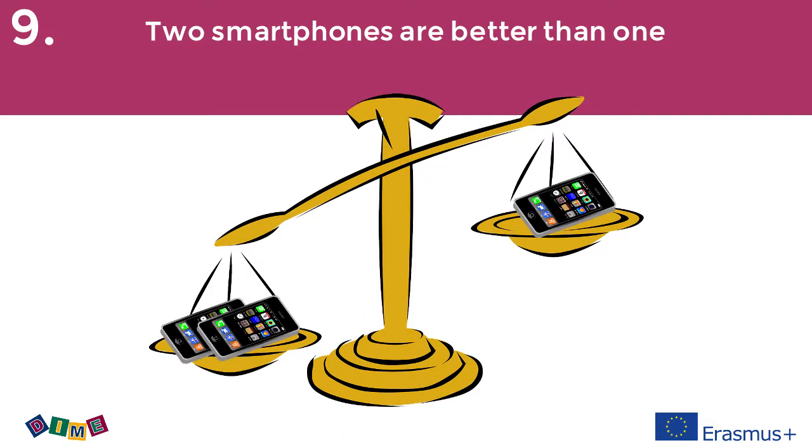Tip number 9. 2 smartphones are better than 1. It's not necessary, but using 2 smartphones is better than using just one. The first smartphone is for a wide or medium shot and looking straight at the subject, and the second smartphone set on a close-up shot either on the right or left side of the establishing first smartphone. From a technical point of view, it is important to do at least the following 3 things correctly. Put your smartphone in the right place, use correct lighting, and record sound clearly.